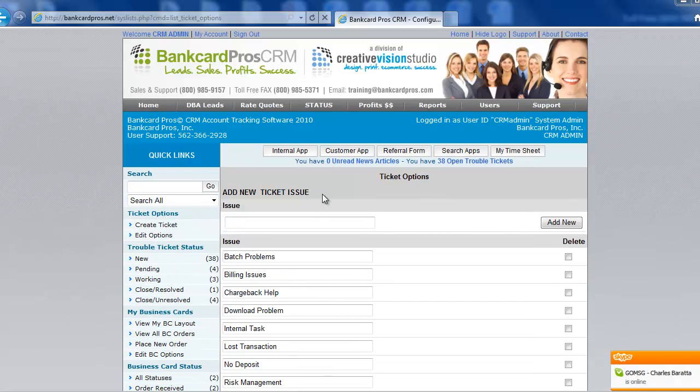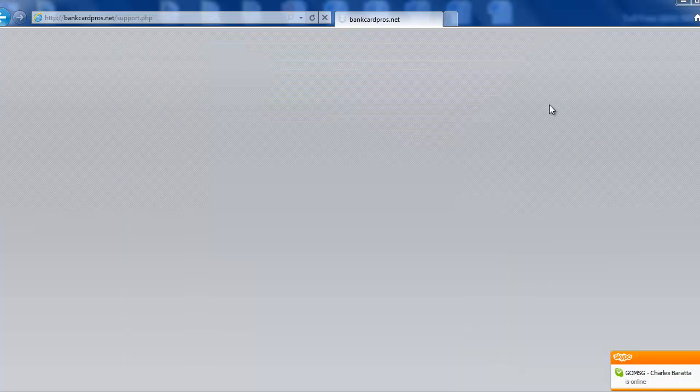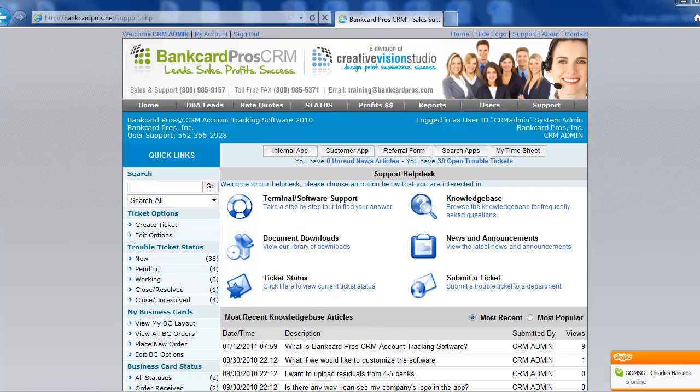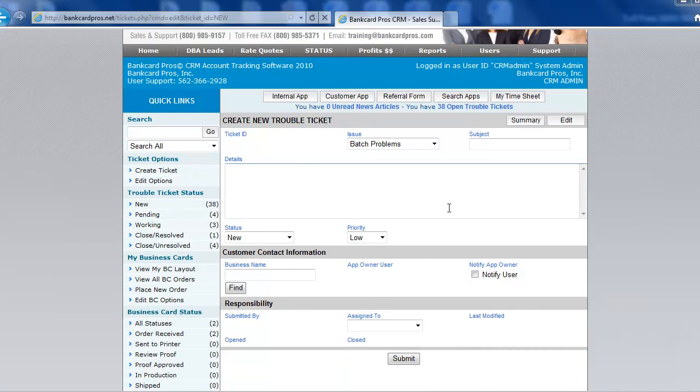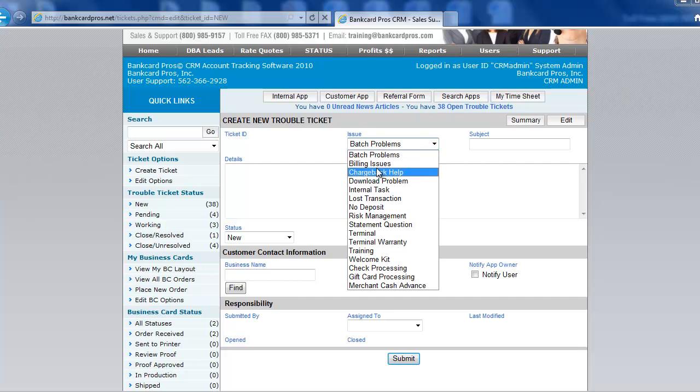Now, what we're going to do is go back to the support section, and we're going to click on create trouble ticket. On this page, the system will automatically create a ticket ID after you submit this trouble ticket. The first thing that you're going to see is a drop-down button for issue. So you could choose by a list of different issues. So what we're going to do is we're going to choose